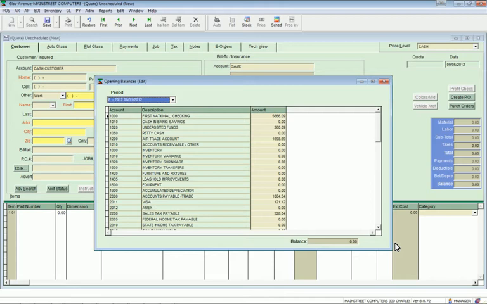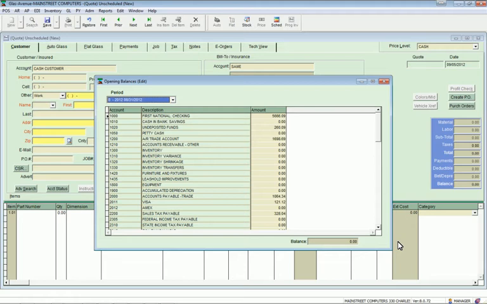For general ledger, when you put in balances, they have to be for the beginning of the month. So you'll want to finish out your accounting software that you're currently using till the end of the month. Even if you are posting everything in Main Street, you may need to do a little double entry until the